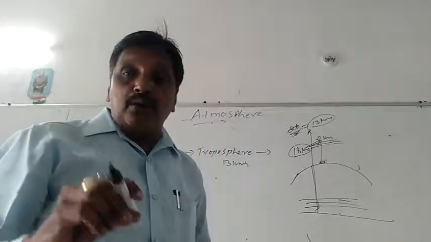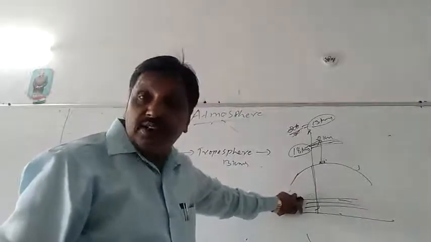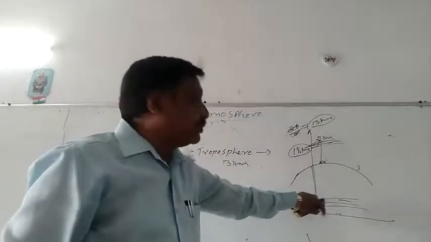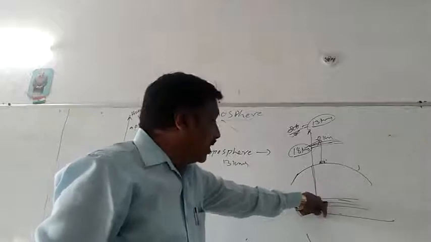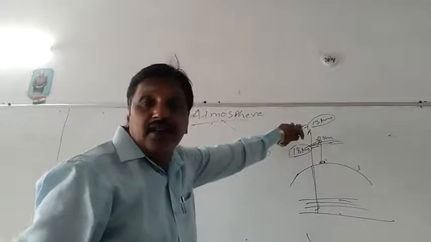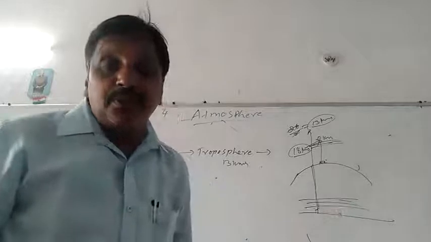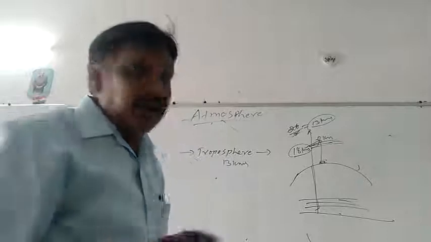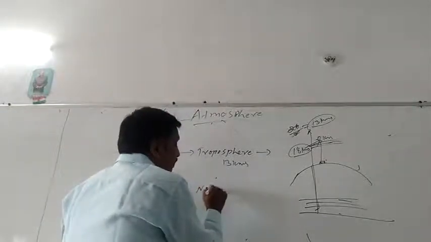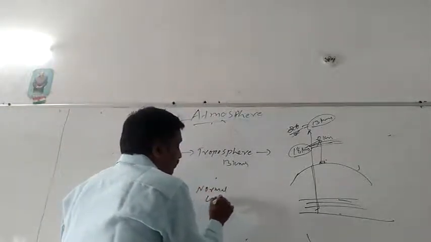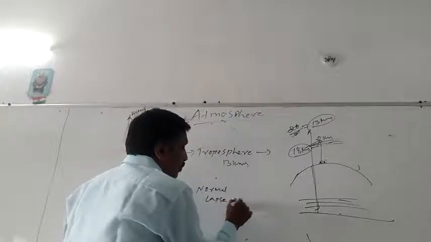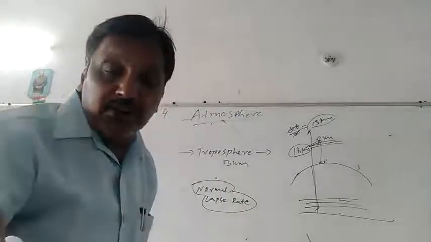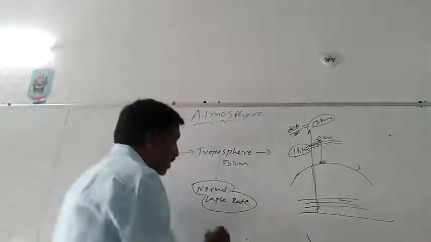Right. Now troposphere is the layer where the temperature decreases when we move from lower areas to the higher areas. This is because of the normal lapse rate, which you read in your class 8. What is normal lapse rate? You will come across it in 10th class also, so you have to remember it. Normal lapse rate